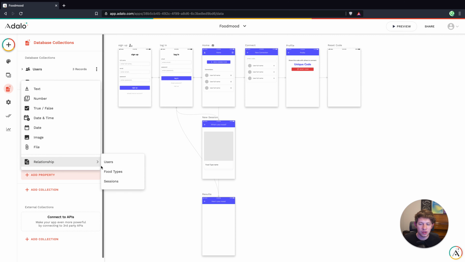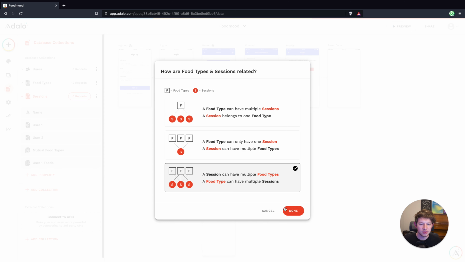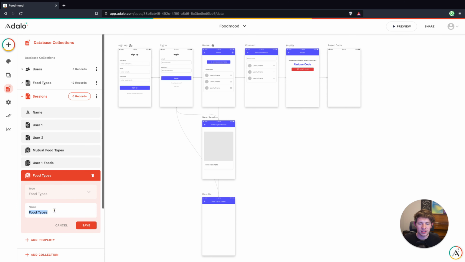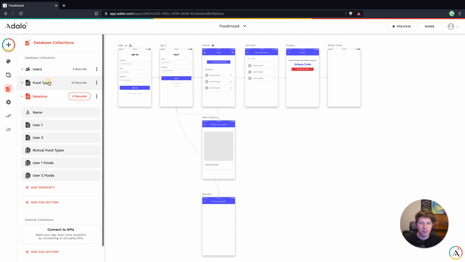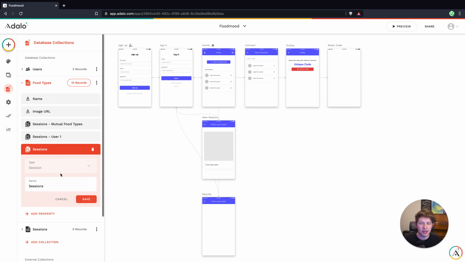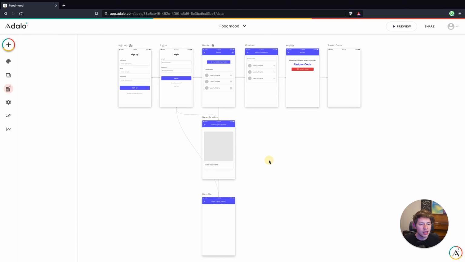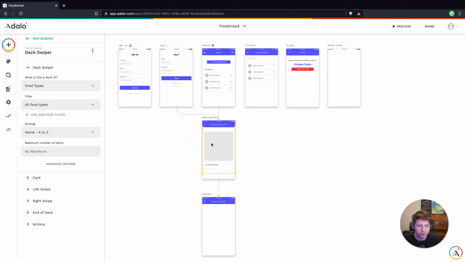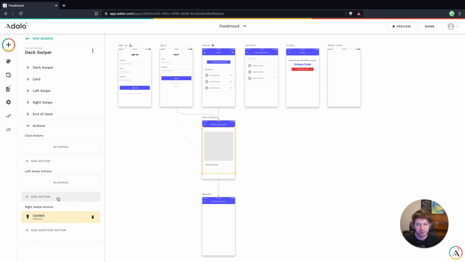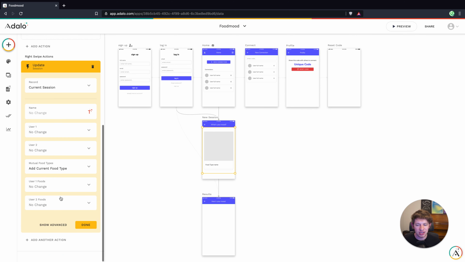Okay, let's add another relationship to food types. We'll call this user 2 foods. And in the reciprocal, we'll just make sure to note which one that is. All right, cool. So now what we can do is in the actions down here, instead of just adding to